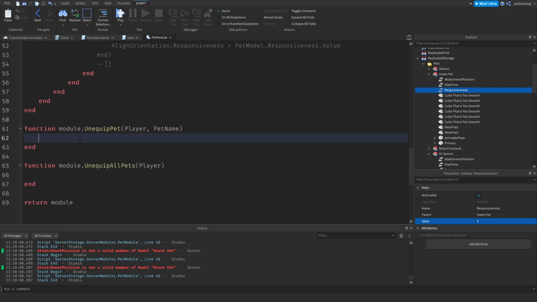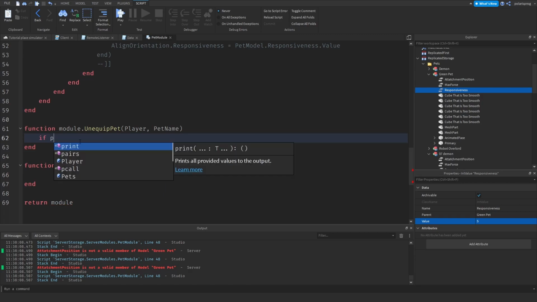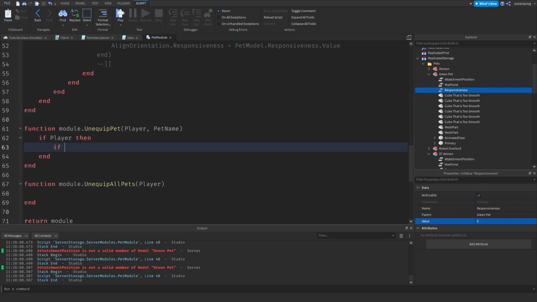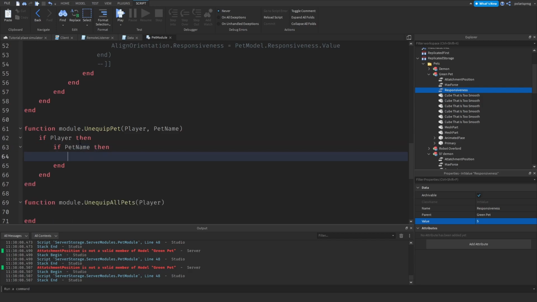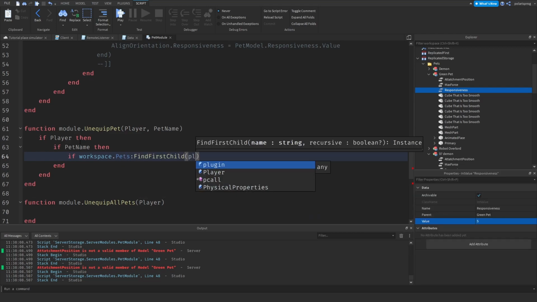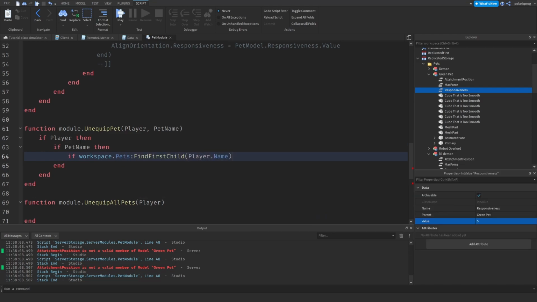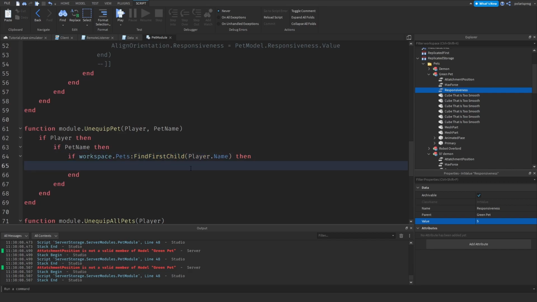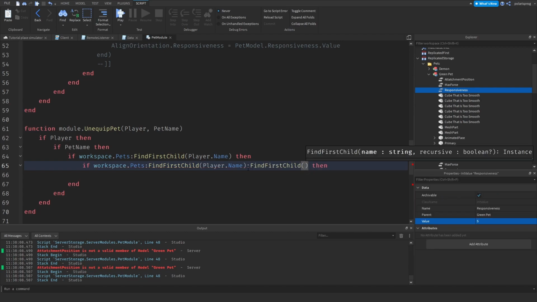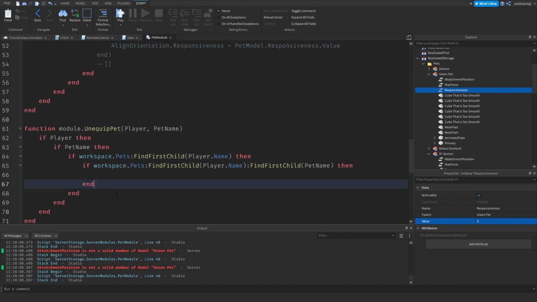We're gonna do if workspace dot if player then I'm gonna do if pet name then we're gonna do if workspace dot pet find first child player dot name, then we're gonna do if player dot pet find first child player dot name find first child pet name, then if we do,